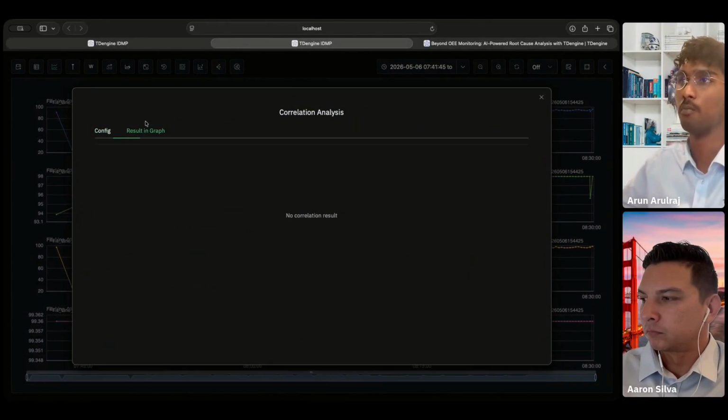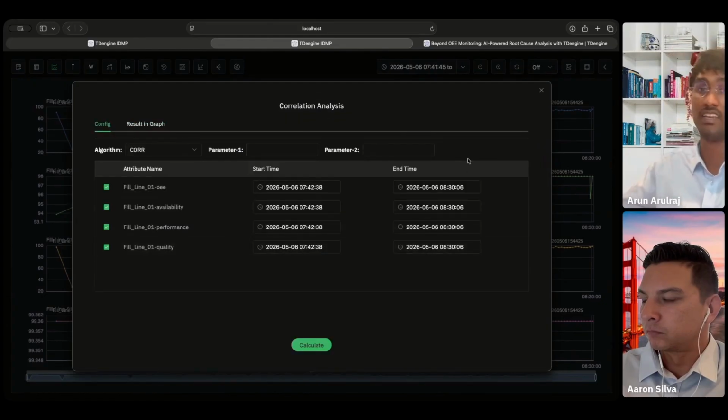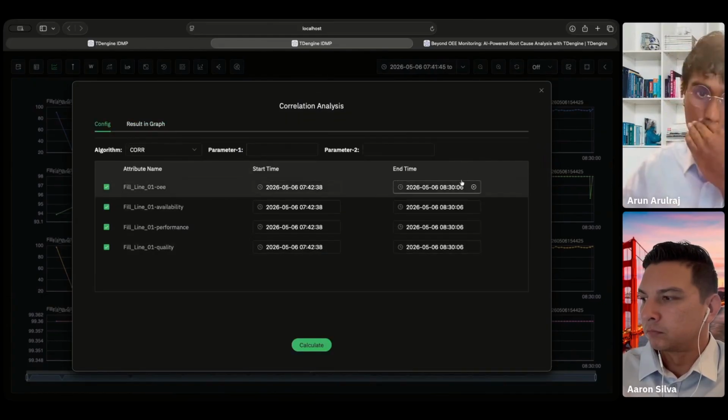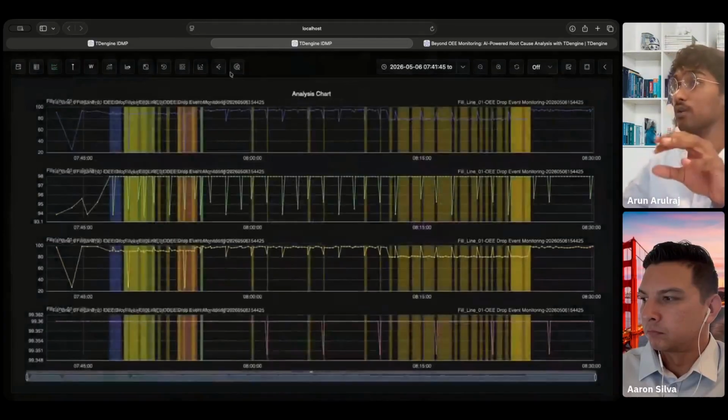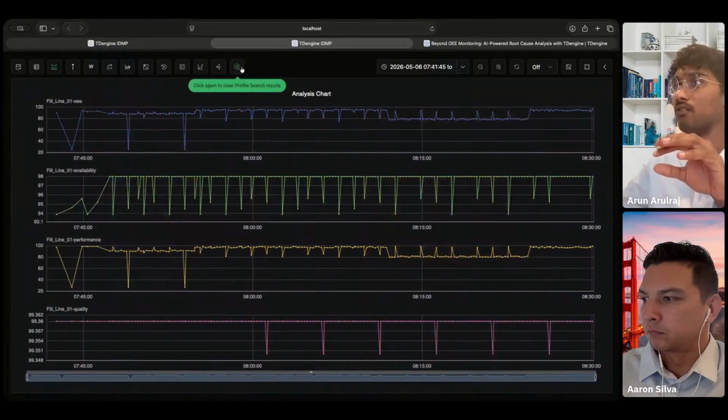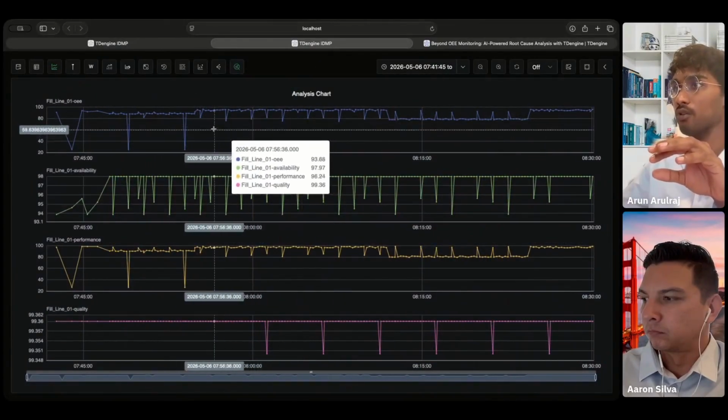So, picking what parameters correlate and seeing correlations. If I know a specific parameter that correlates, I can do a correlation analysis and then see the result in the graph. And then I can even do a profile search. So if I want to brush,